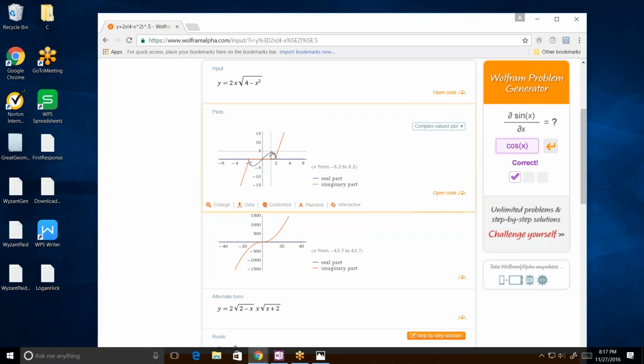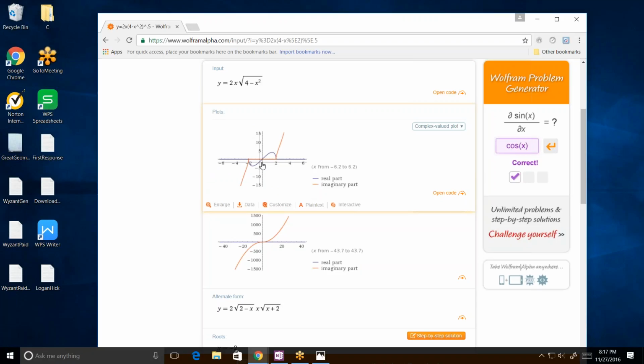Now, we are limited to being between 0 and 2 on the x-axis. In other words, when x is greater than 2, we're taking the square root of a negative number, so x can't be greater than 2. And x can't be less than negative 2. Hence, that's why they give you the orange here. That's the imaginary solution.